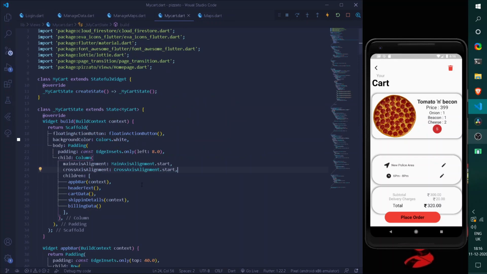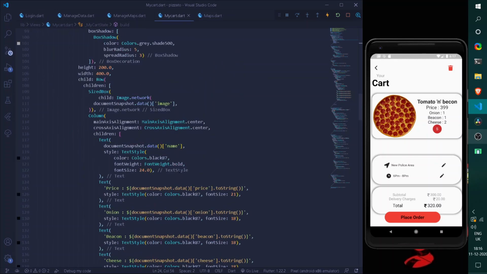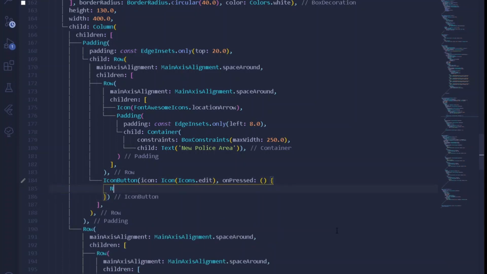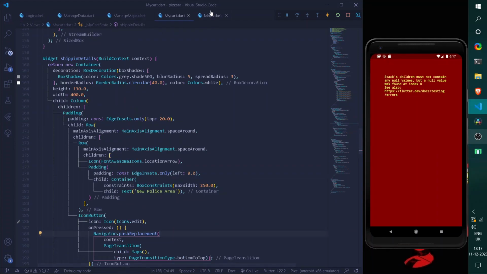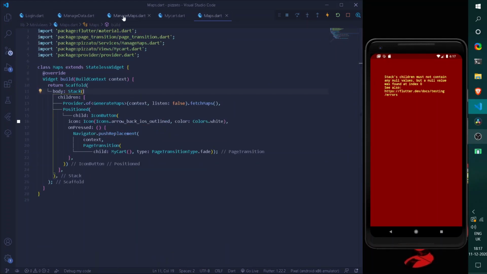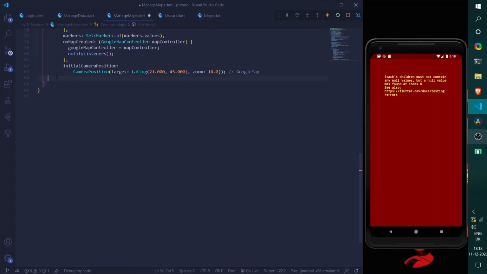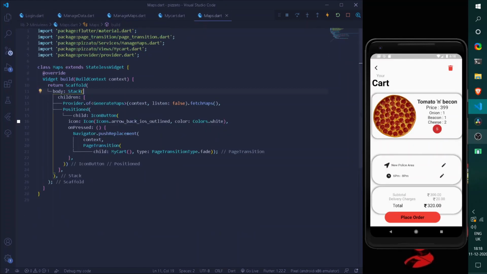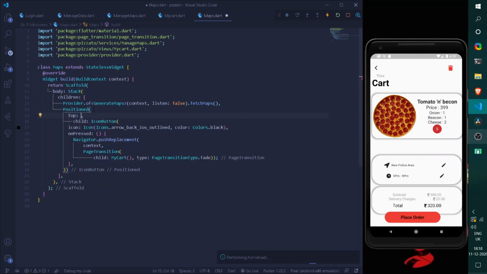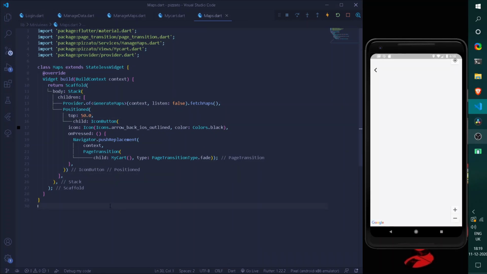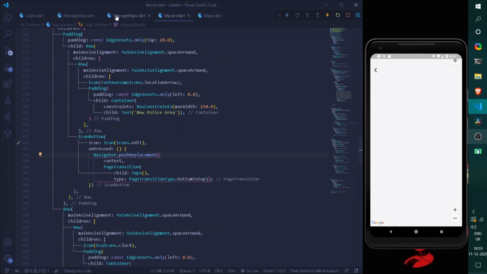Alright, so to make it work, we can simply go down under our entire text thing. So on editing it, let's navigate the user to our new class of maps. Alright, we are getting a null value here. So for that we can simply go back, and for now let's remove the following thing. Cool. Alright, so under our maps, first of all let's have somewhat black color and somewhat padding from top for a 51. So here if I simply navigate to new area, alright, so let's try changing somewhat data from our markers.